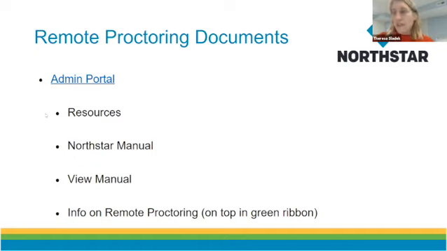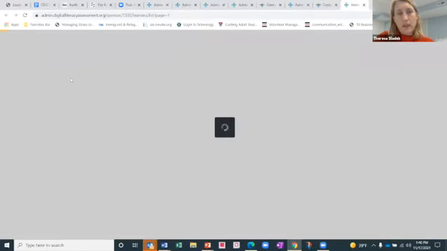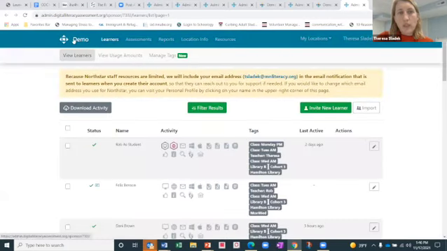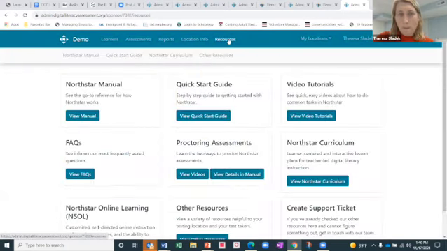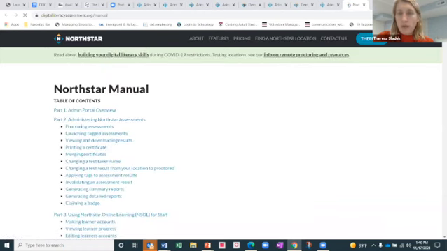So if you're going to do remote proctoring, there's a lot of documentation for you. NorthStar is really big on documentation. The way you can find that is if you go into your admin portal. And again, in our blue navigation bar, if you go to resources, the quickest way to find it actually is to go into the NorthStar manual, the view manual here. And then you see this green ribbon up on top and it says info on remote proctoring. That's the quickest way to get there. So if you click on that,